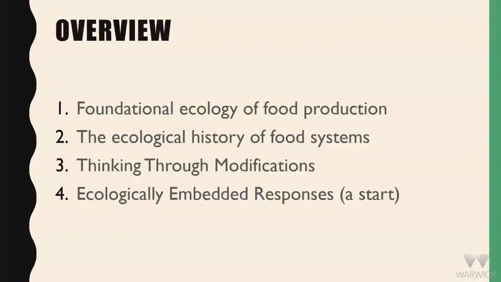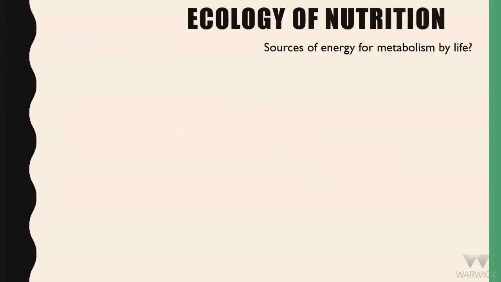And what I would like to talk about is some foundational ideas and a bit of a historical perspective. I want to think about human modifications of natural systems and processes, because that then allows us to think about how we might change the way that humans interact with the natural environment as we're producing our food. So that is the logic.